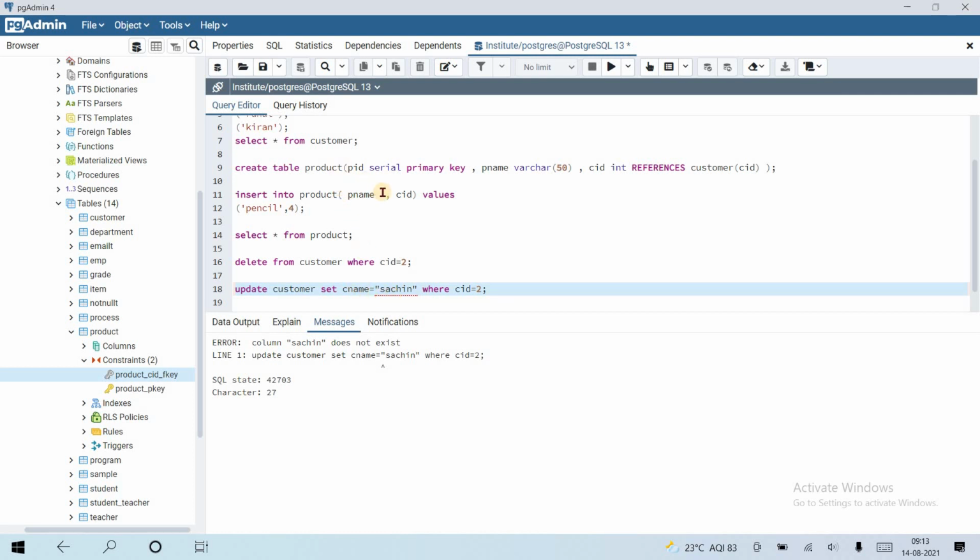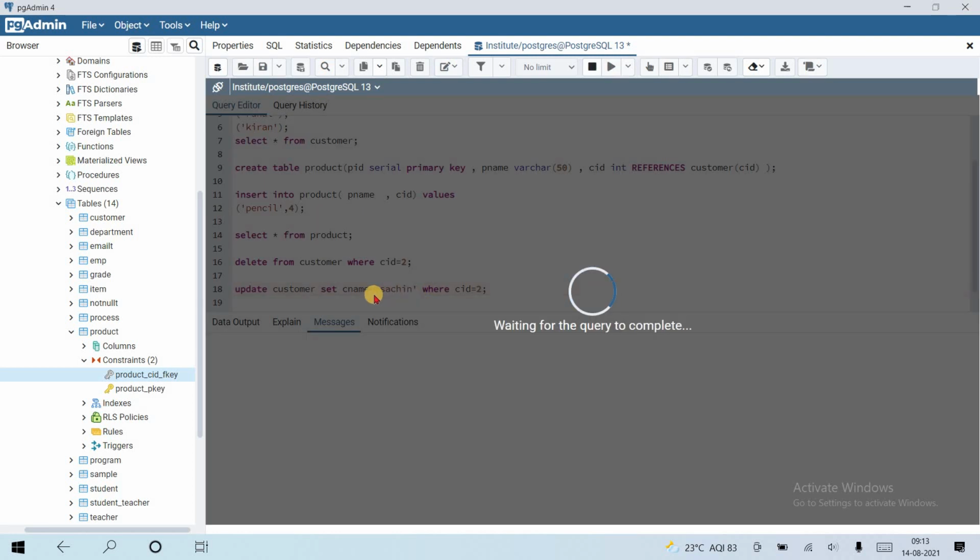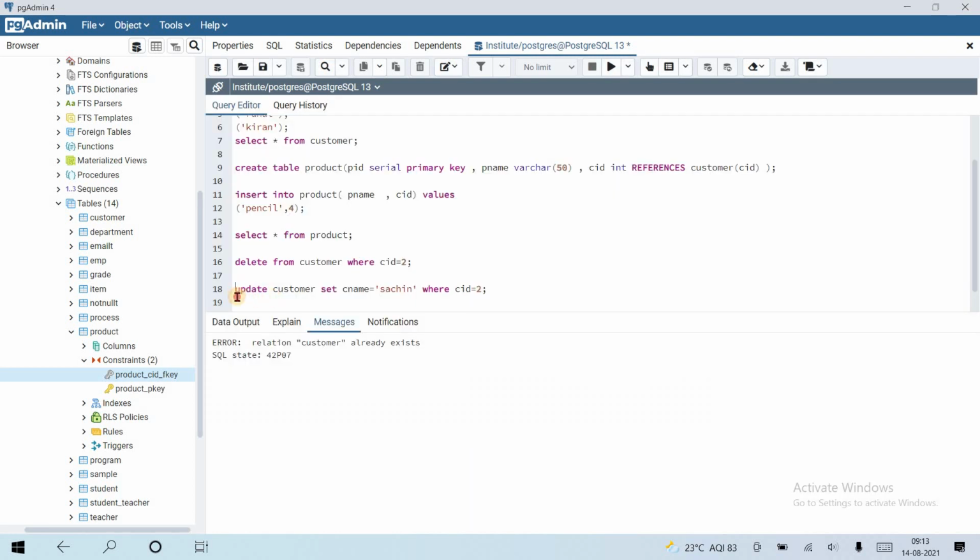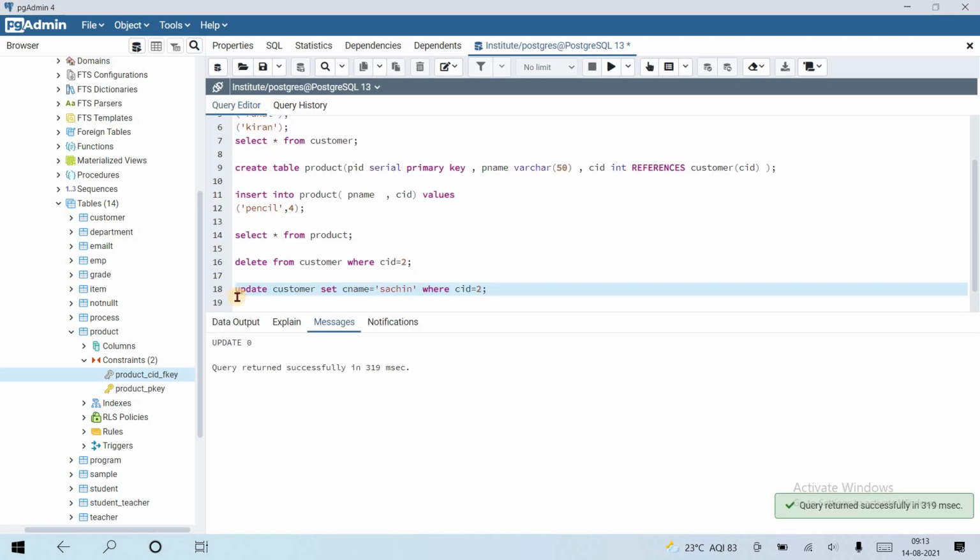The customer has a cname column. We need to pass it in single quotes, like in where. SQL returned successfully.